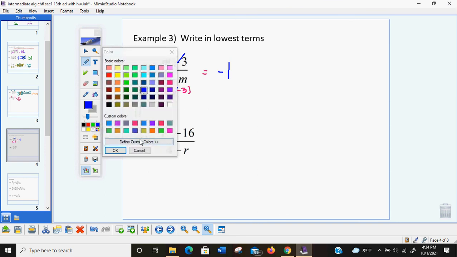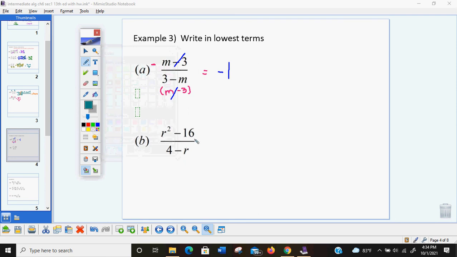Let's try another one like this. This can be a little bit tricky. So this one, I can factor that. It's difference of squares, right? They squared an r and they squared a 4. So that's going to change to r plus 4 times r minus 4. On bottom, I have a 4 minus r. Okay, now with this,